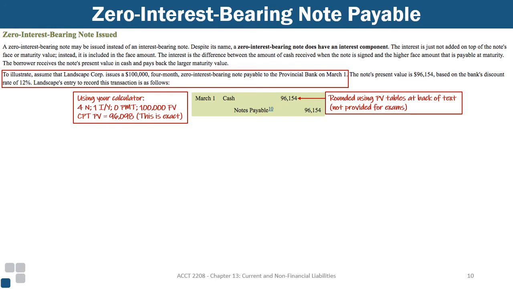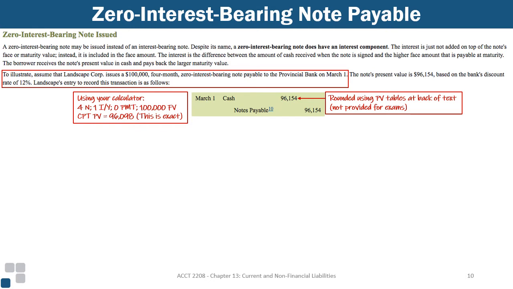But using your calculator, you use 4 N because it's 4 months. Now 1 I/Y is the interest rate because you have 12%, but then you divide by 12 months to get 1% per period, right? So 1% per month for 4 months, zero payment because there's no interest, and a 100,000 future value. If you compute the PV, that's 96,098, and you may ask, well, how come it's not the same